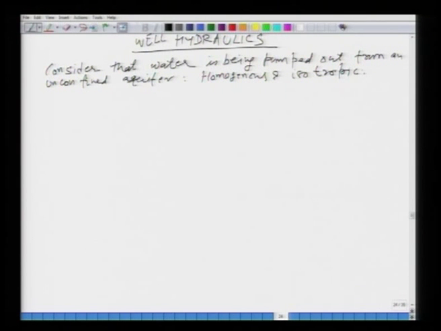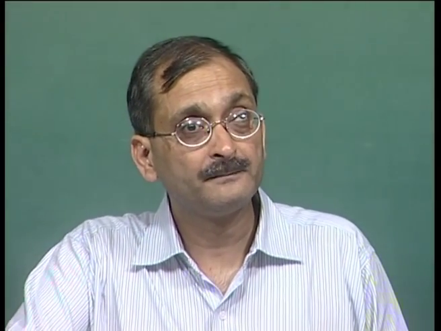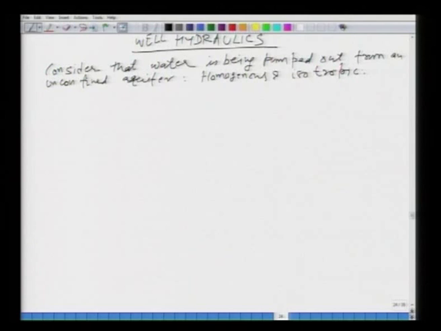First, we are going to look at the case of the unconfined aquifer, the well hydraulics, and how the radial flow will take place towards a pumping well. We will derive the equation for the discharge which can be pumped out from the unconfined aquifer. However, before we go to that, it is important to understand certain terminology, definitions and some basic concepts about well hydraulics. So, we will get started with that.